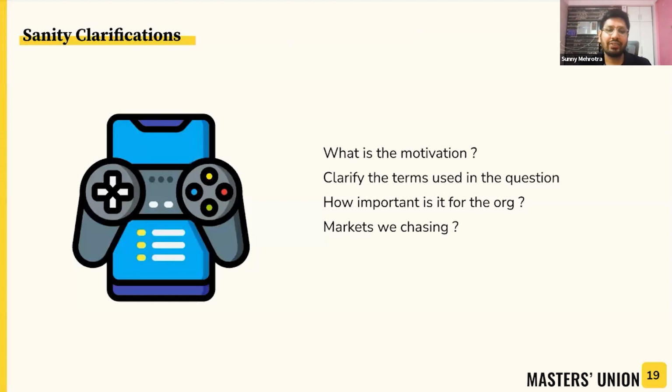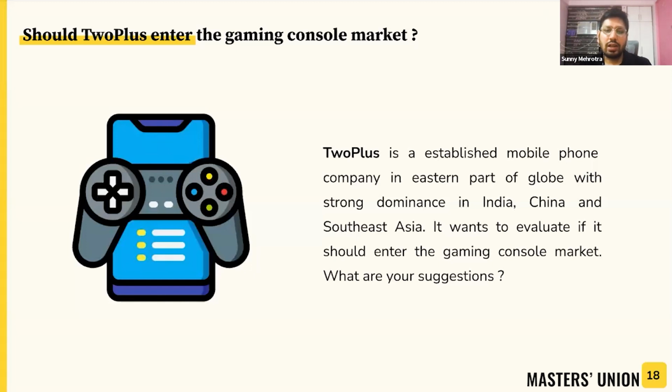Like as an interviewer, you should have a clarifying question. And I'll go back to the problem statement again. 2 Plus is trying to figure out whether they want to enter into a gaming console market or not. So maybe start with a clarifying question on console: what kind of a console are you thinking about? Is it an arcade console, similar to a Nintendo sort of thing, where you have something in your hand and you play around with it? Or is it something like a VR, AR, Facebook Oculus kind of thing where you just plug something on your face and try to play through that interface? Or it could be a proper hardware.